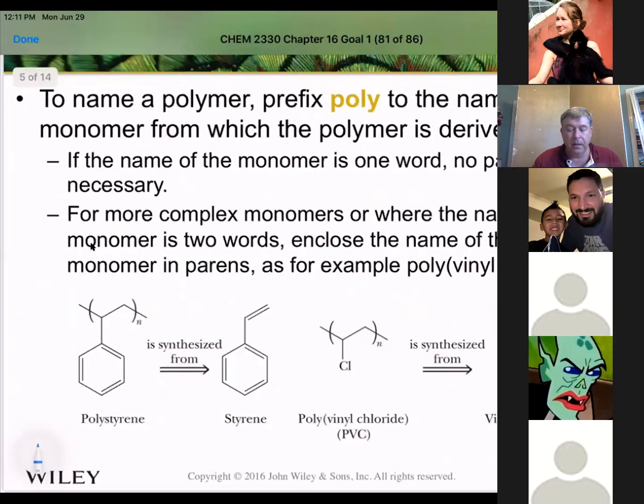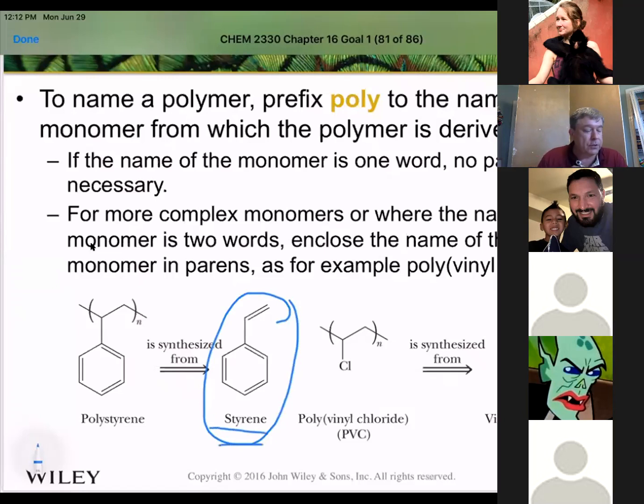Okay. So to name polymers, what we usually do is take the small molecule that we made it from and add the word poly to the front of it, okay? So if we had a small compound, remember in our chapter with benzene and benzene derivatives, we named this compound styrene. So if you were to take this compound and turn it into a polymer, you would name it polystyrene,